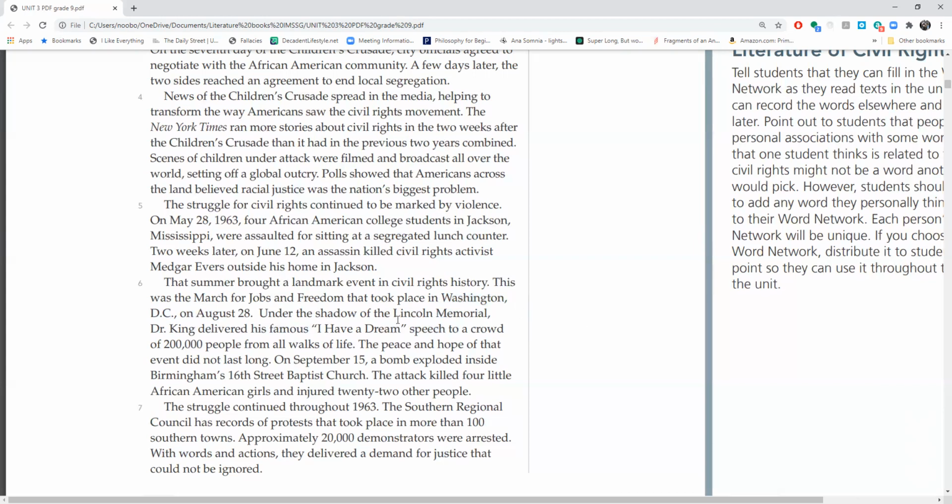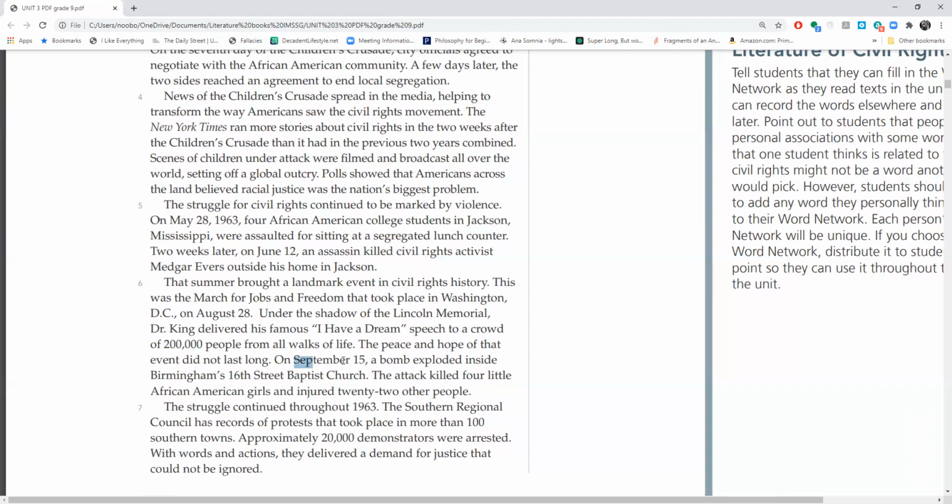And that was when Dr. Martin Luther King delivered his very famous "I Have a Dream" speech to 200,000 people. This is a lot of people, especially at this time. This speech was also on television and on radio. It's been written down several times, and it's a very famous speech. And it was not only black people that were there. There were also a lot of white people, and every kind of person was there, just to listen to this speech.